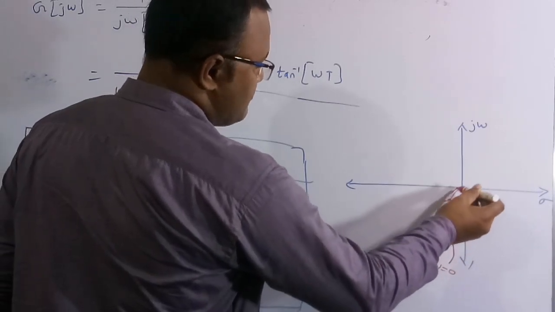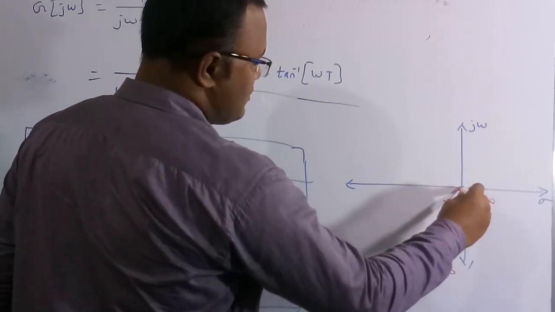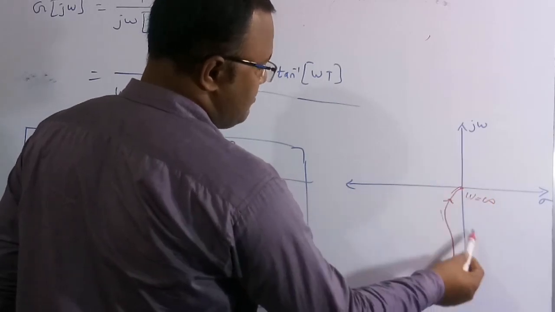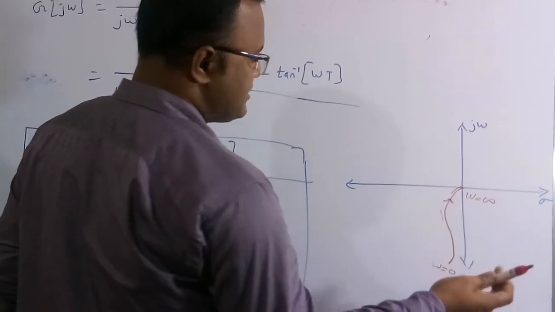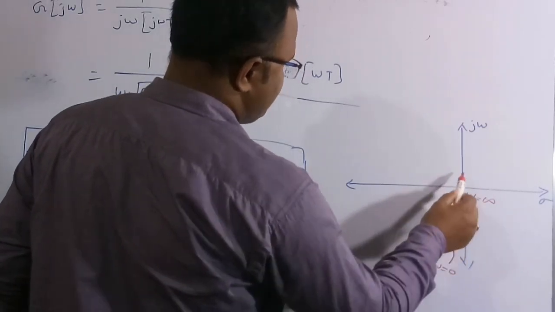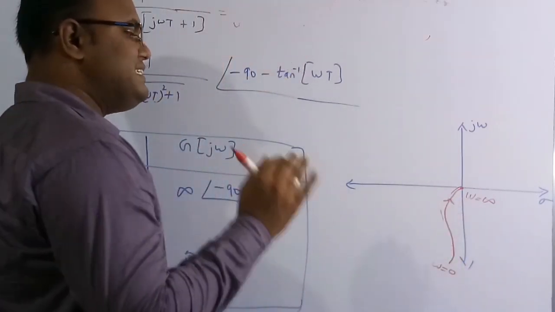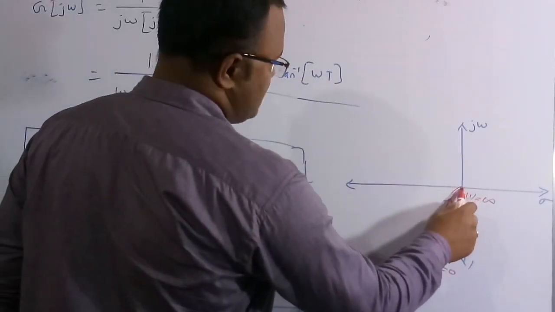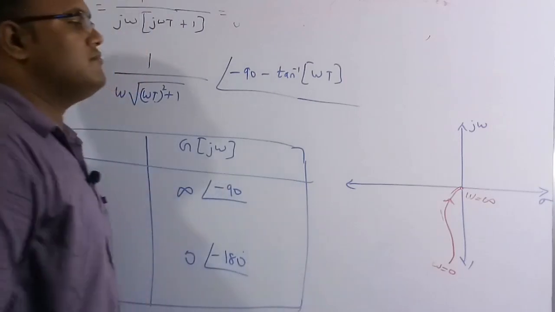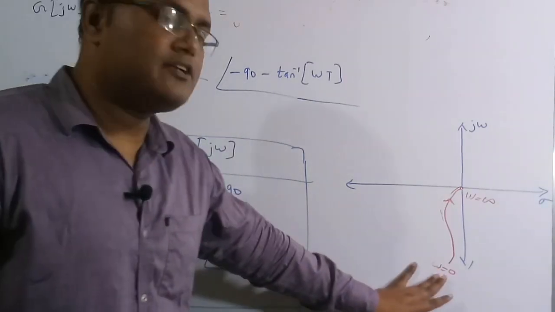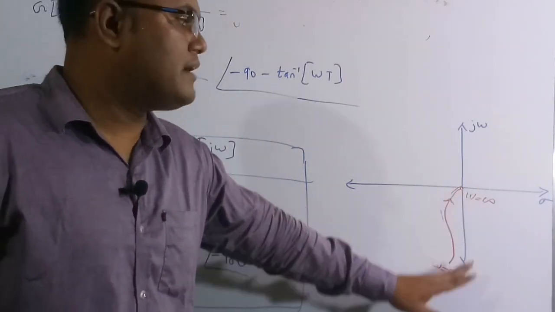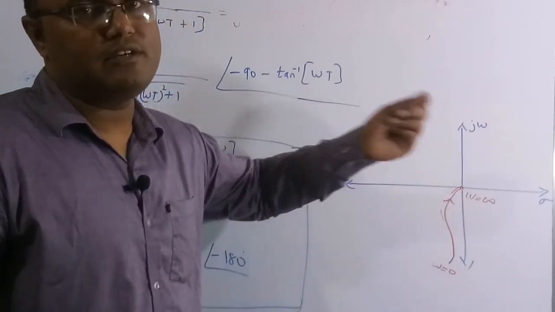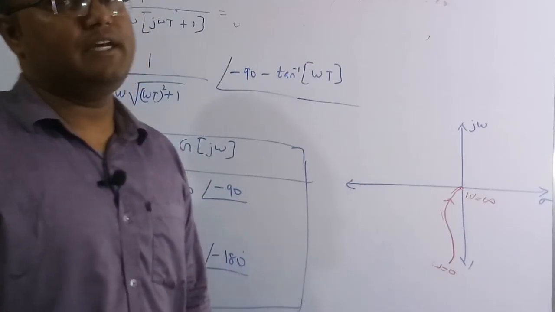If you see carefully, this line is going to touch only the origin. It is not going to intersect the real axis or the imaginary axis. So we can say this polar plot is not going to intersect any real axis or imaginary axis except at the origin. This is the true meaning of this polar plot, with respect to the magnitude and the angle part. We draw the locus of each and every point, and this is what we are going to get.